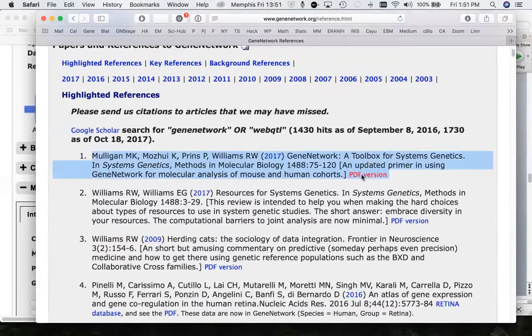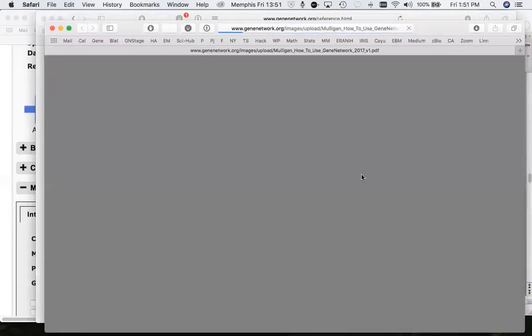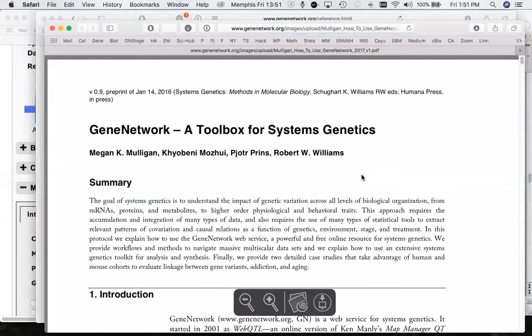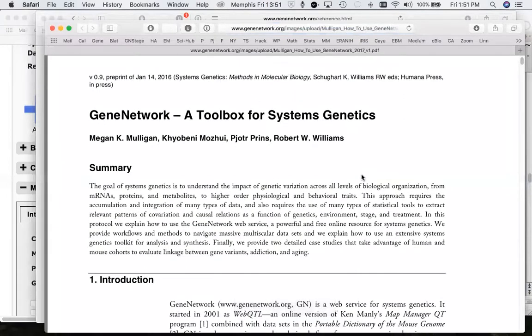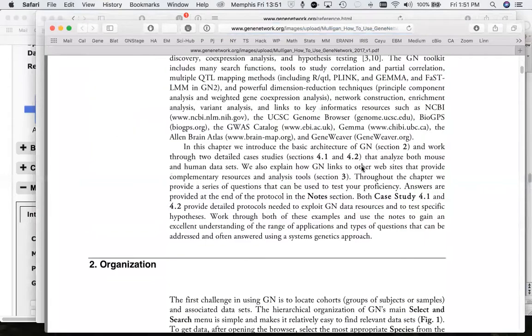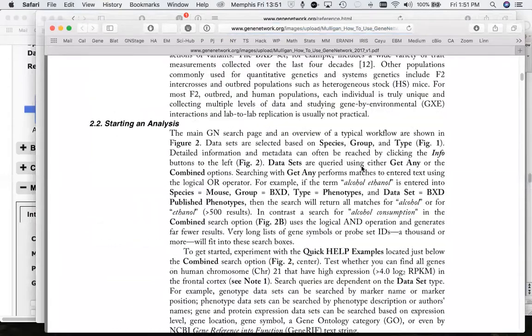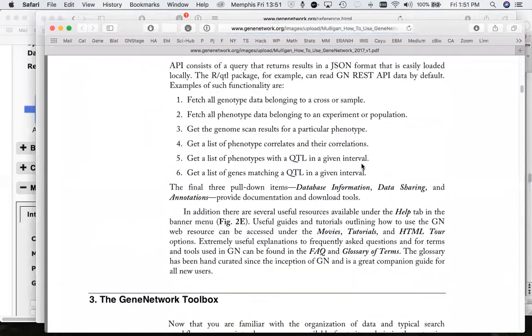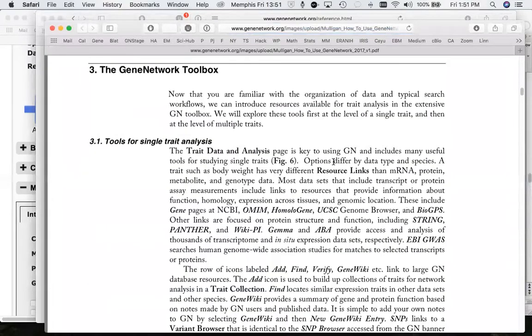If you just click here, you'll get a PDF, and it's divided into two parts. It's basically a how-to, a primer. It's a protocols article. Half of it is devoted to rodent models, half of it is devoted to human models. So it's pretty much just walk through it, do this, do that. So, you know, very, very granular how to do it.